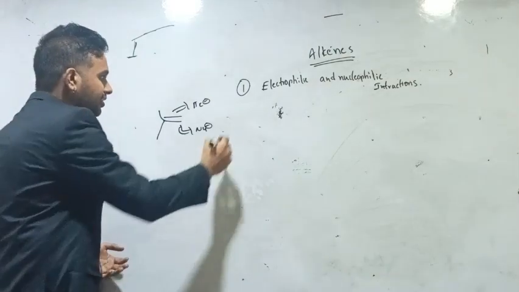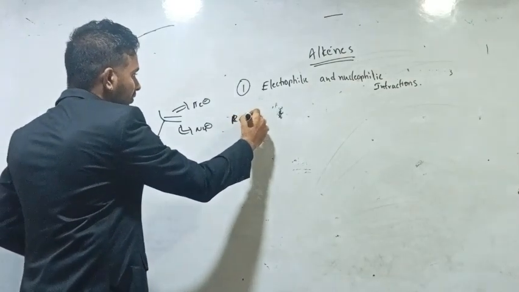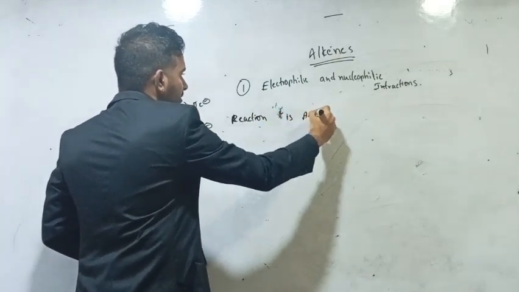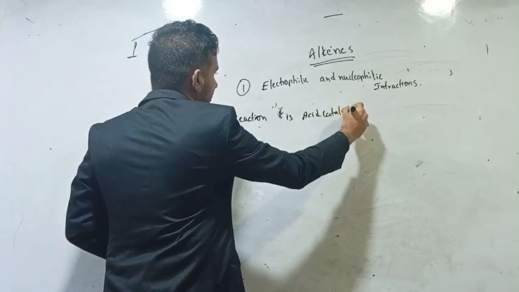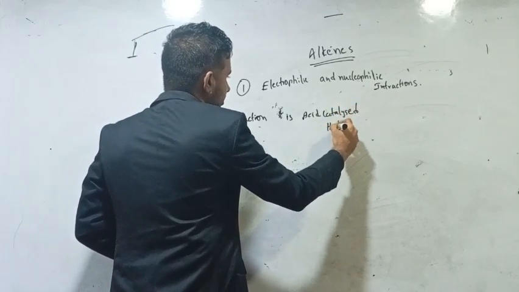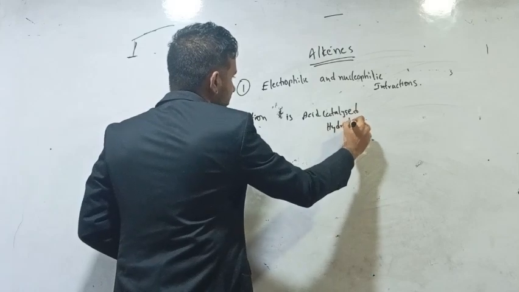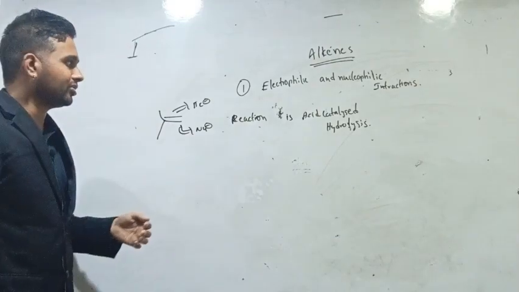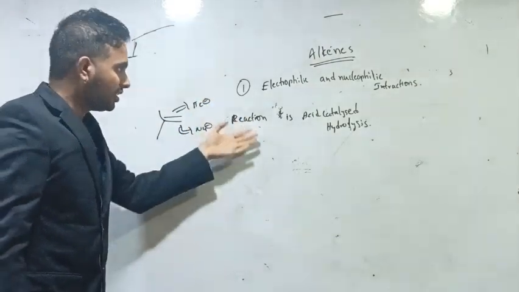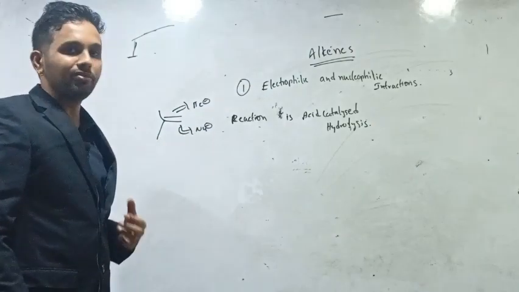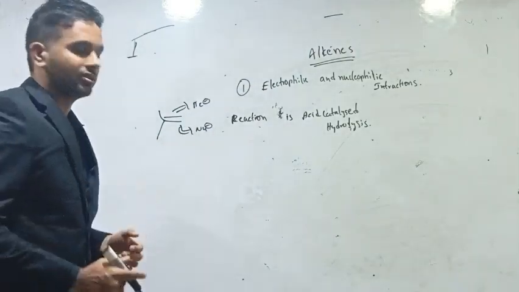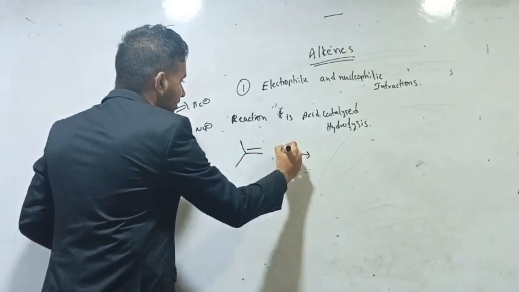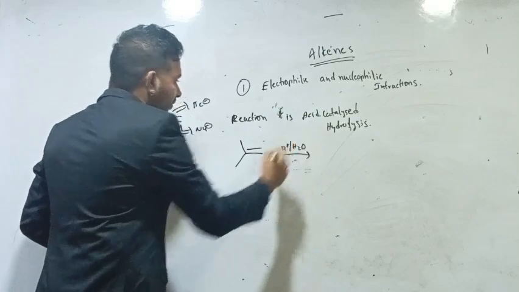If we consider reaction number 1, it is acid catalyzed hydrolysis. If we consider acid catalyzed hydrolysis of the alkene, this reaction can be explained by using simple electrophilic and nucleophilic interactions. If we consider a simple alkene like this, and we are adding acid catalyzed H2O, first of all we have